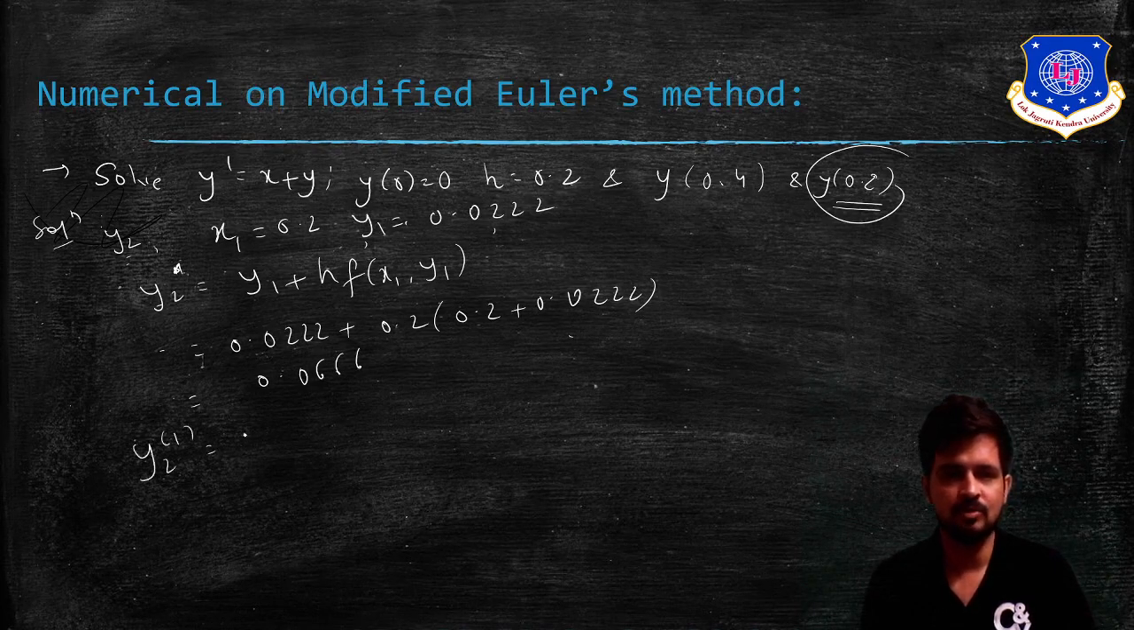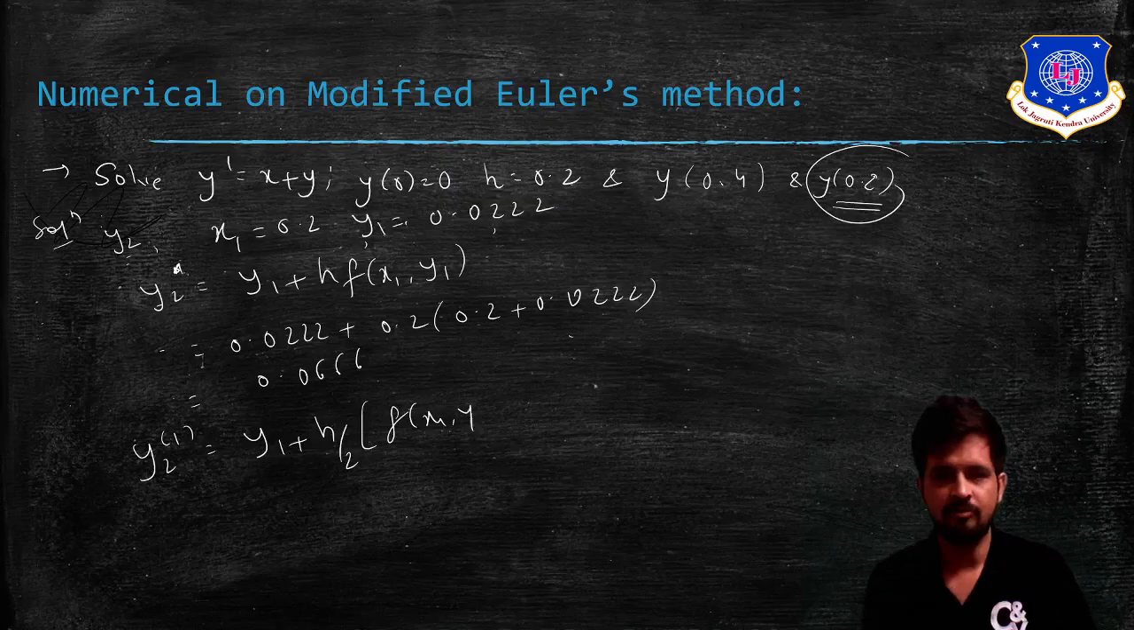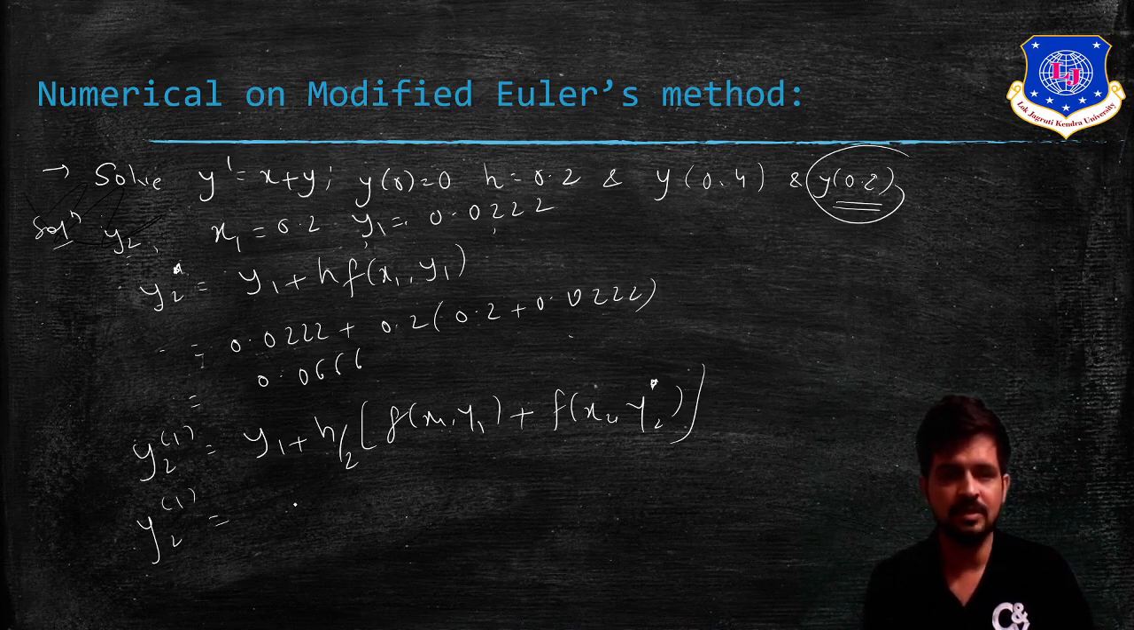So what is the formula? y1 plus h by 2 into f of x1, y1 plus f of x2 and y2 star, and then I have to continuously change this value. So after making the equation in the calculator, you can get y21. So what will be our y21? Our y21 will be 0.0911,